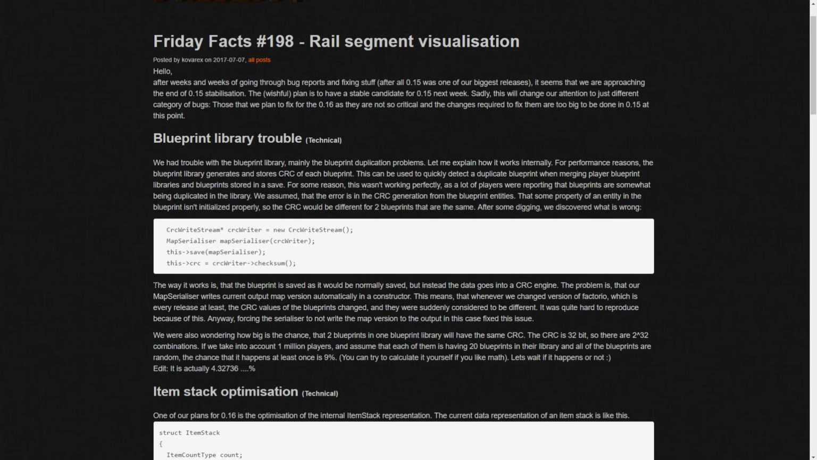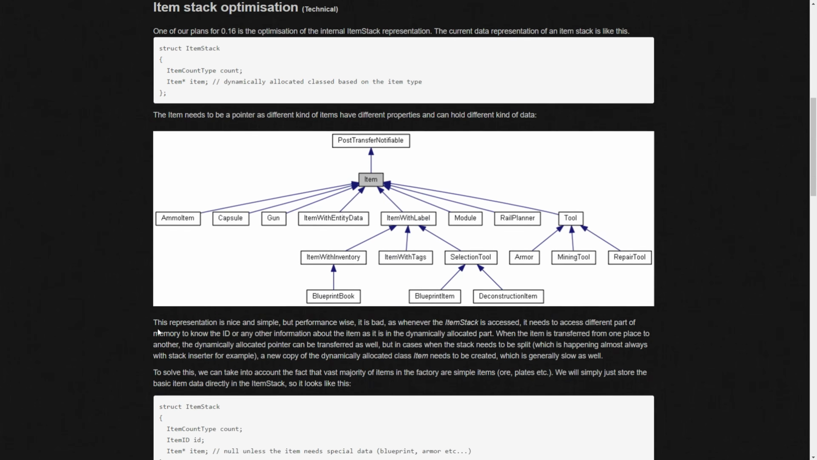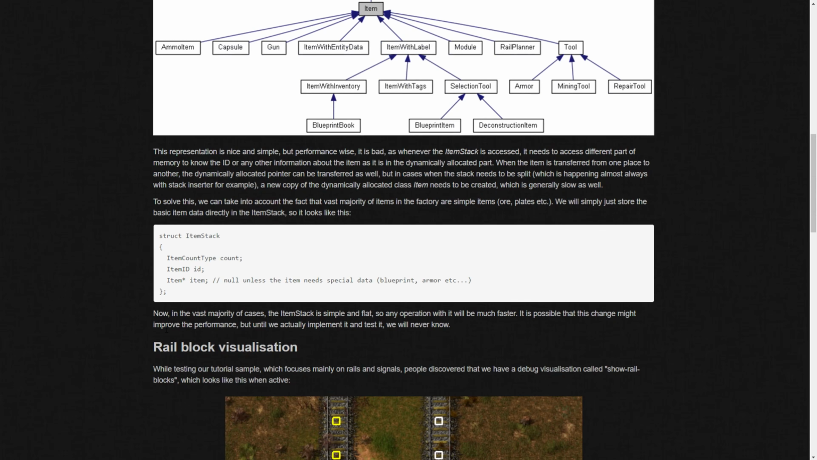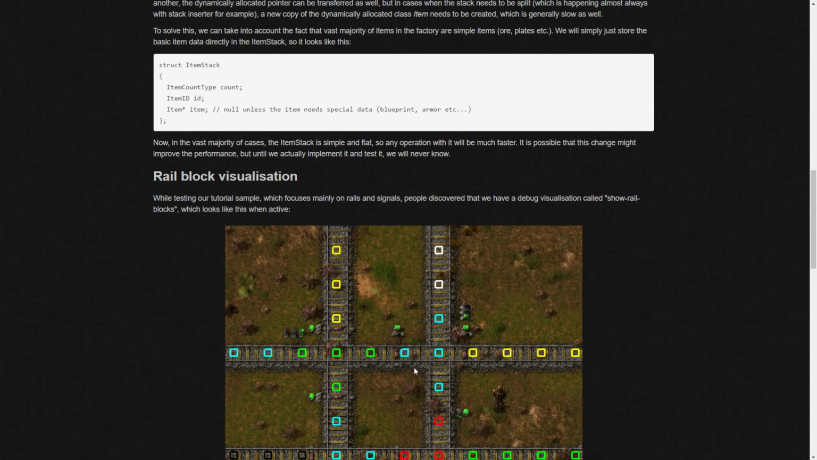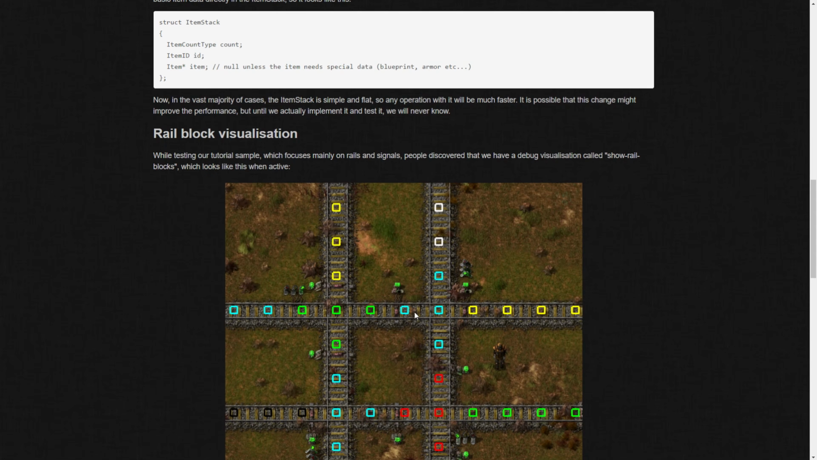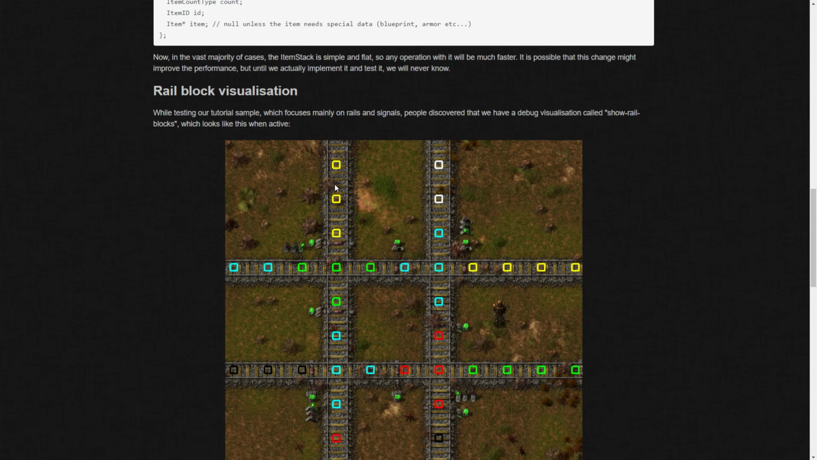What's the real meat of this, the really, to me, interesting part, is the rail block visualization. If you've watched any of my streams or other people's videos or played around with it yourself, you may have noticed these markings. In fact, the last couple times I've streamed, I was using this to plan out rails, and I had so many people asking me, what mod are you using for this? And it's not a mod. It's, as they explain here,